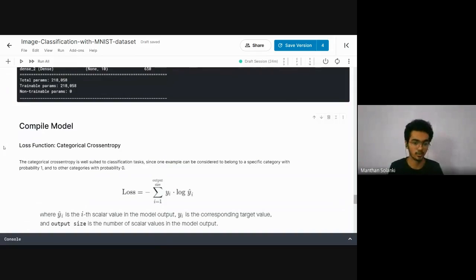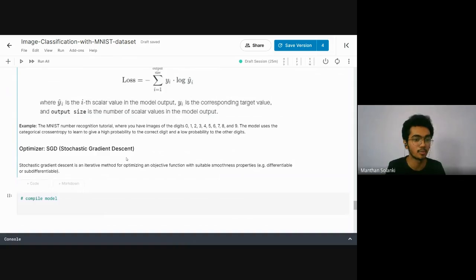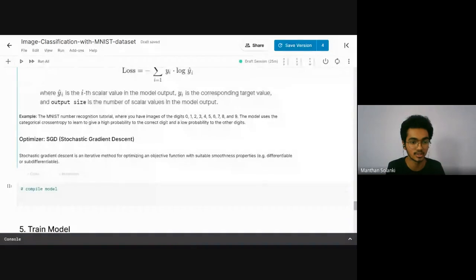And now, compile the model. Here we need to define the loss function and the optimizer. For the loss function we will use categorical cross entropy because we have categorical labels. The formula looks like this, but it is directly available in Keras. And optimizer is equal to SGD, meaning stochastic gradient descent. It is the gradient descent algorithm, a much improved version. So simply pass model dot. Okay, before that we need an optimizer. Optimizer is stochastic gradient descent.